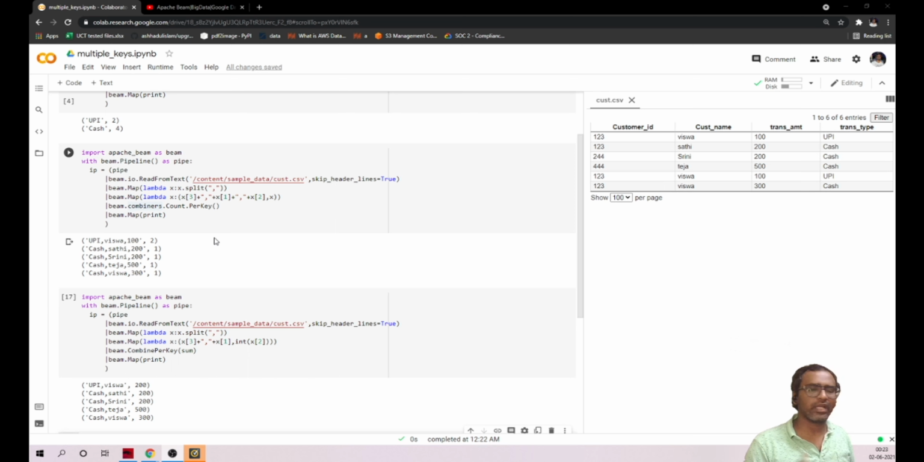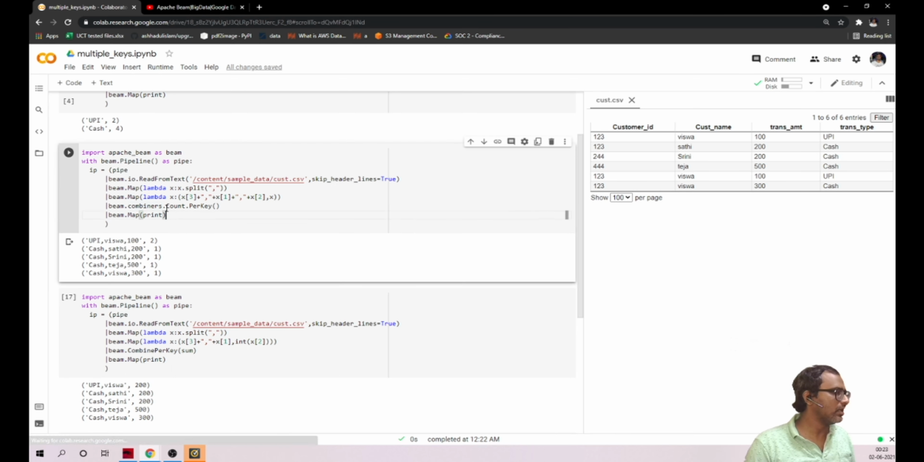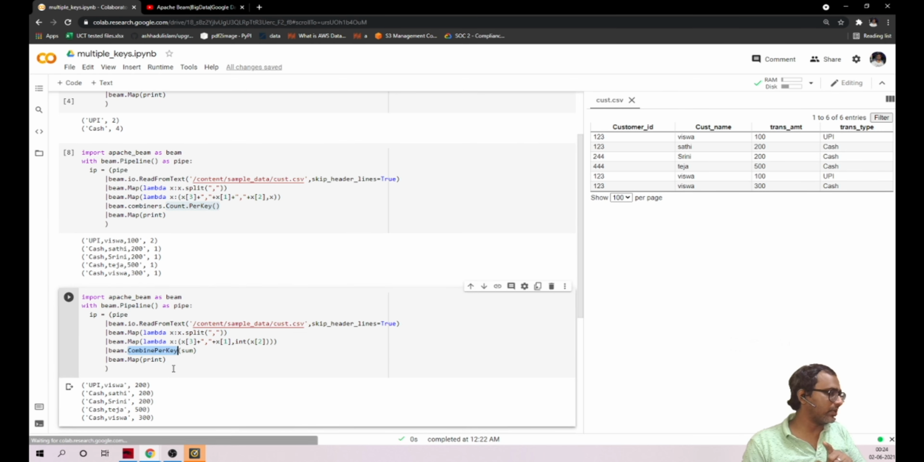Hello everyone. In this video, we will try to understand the major difference between combine per key and count per key. If you have seen my last video, you would have understood by there itself. Count per key does only count, nothing else. And if you remember in our previous video, when we were doing combine per key,